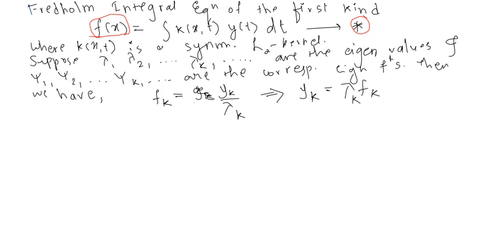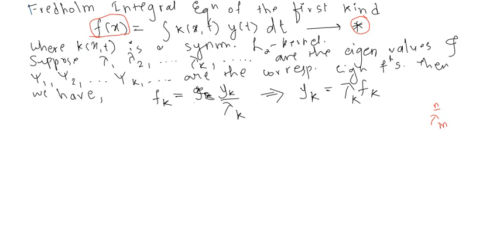Okay, and then what were we getting? We were getting a relation like this, right? So whatever these fm's are, fm is equal to the Fourier coefficient of the function f of x, which was equal to gm by lambda m. In this case, instead of g I have used the function y. And what was the main statement of the Hilbert-Schmidt theorem?